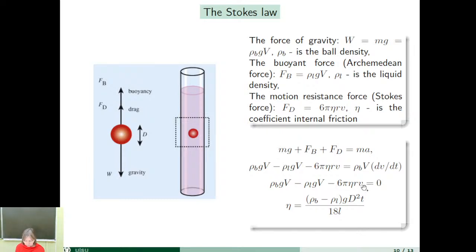And when this body is falling down with constant velocity, the velocity is a constant, and this expression will be 0. And from the next step, we can write down the dynamic viscosity